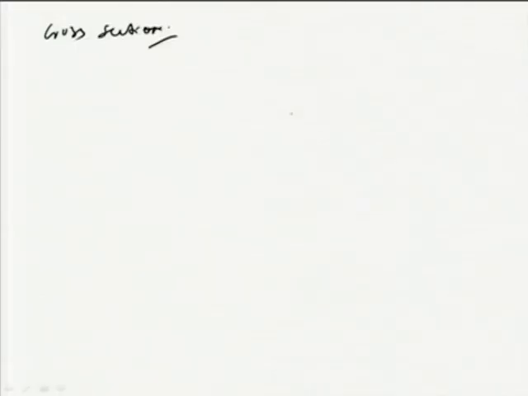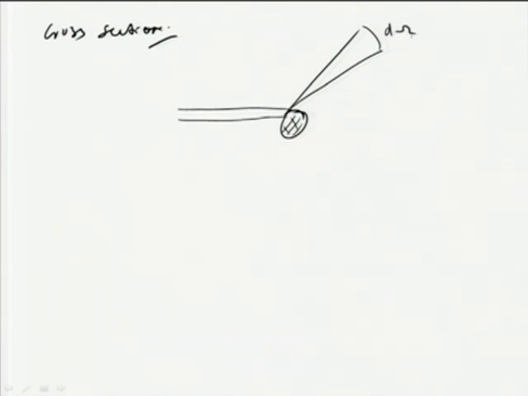In the lecture when we discussed the Rutherford experiment, let me remind you what we had there. If you have a nucleus like this, or take a hard sphere scattering, which was what we considered as an elementary scattering experiment, then if the particle in a small cross section scatters into a solid angle d omega at an angle theta